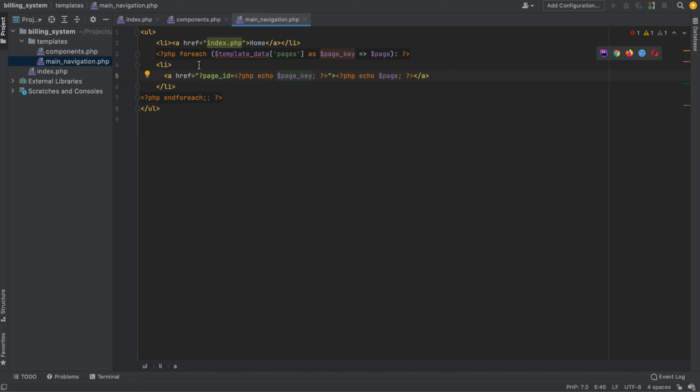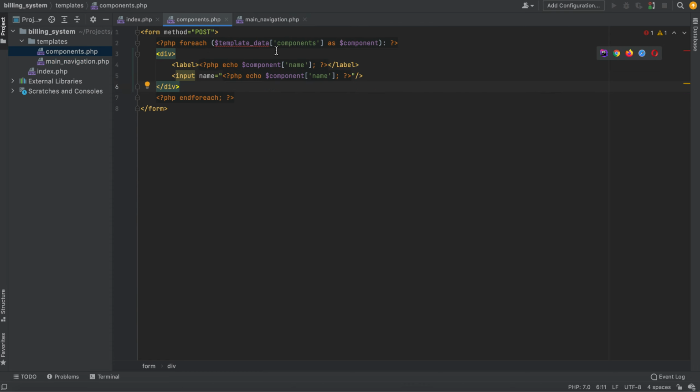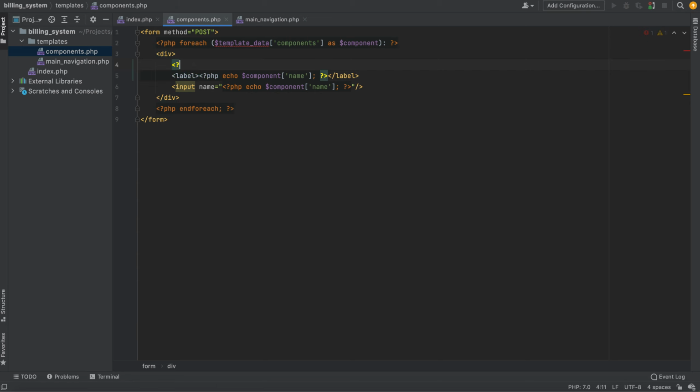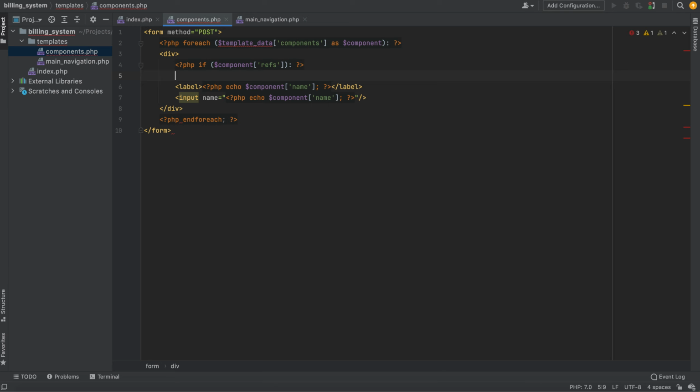This is the foreach. So no, actually this is the component. So if I have a PHP check, if this is the single component, and if there are refs, and the refs of course are not empty, then we're going to